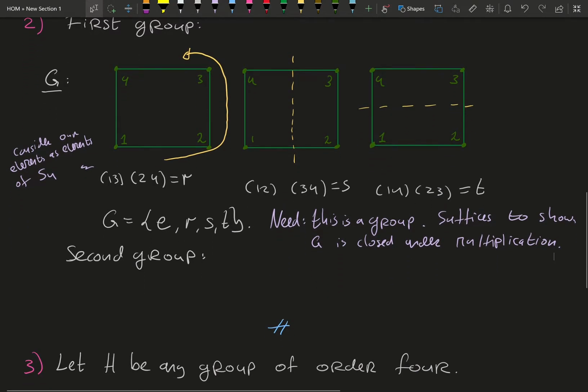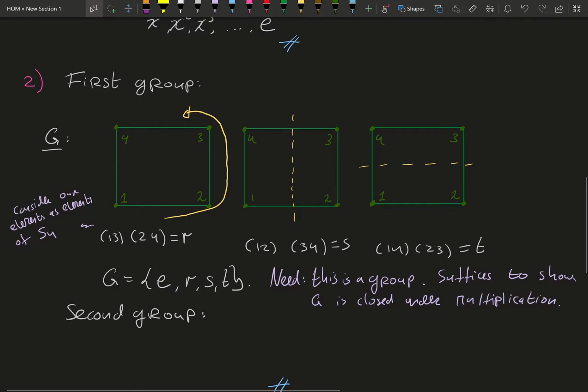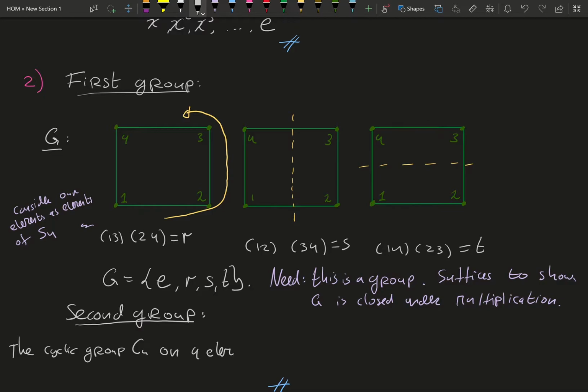Okay, so let's move on to the second group. As you see, there's not much space for the second group. But that's okay, because it's going to be very quick to introduce the second group, because you've probably already seen it. Namely, we take the cyclic group C4 on 4 elements. And recall that another way to write this is Z mod 4 with addition. And another way is the